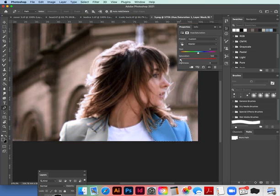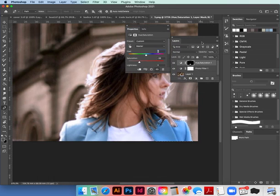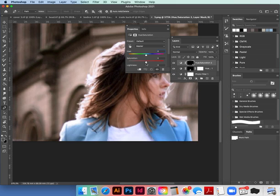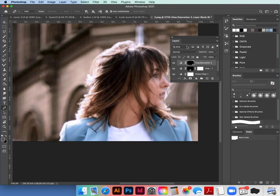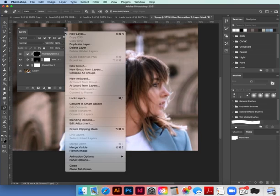So again, we can apply, once you've used that once, it's a good idea to put a mask on it and then use your hue saturation and match it. So the mask will only affect that area that you've selected. So that's just by clicking on this icon here next to the adjustments icon. Just click, once you've selected it, click on the mask and then you can change the colour of it in there. So once you've done all that and you think it's right, you can never really tell, but anyway, click on the list in the layers and choose